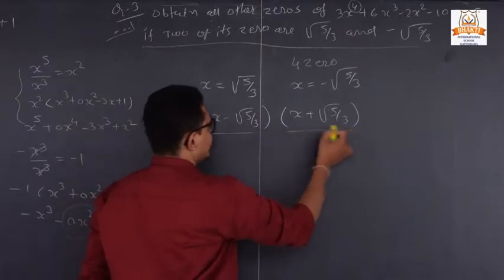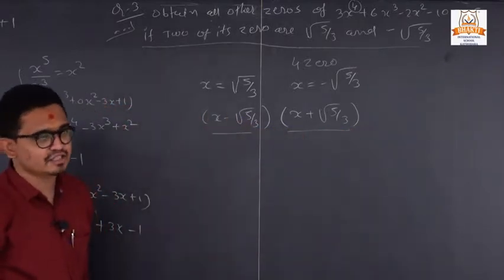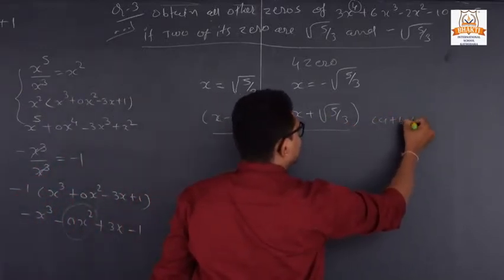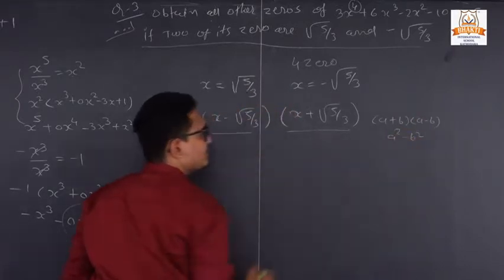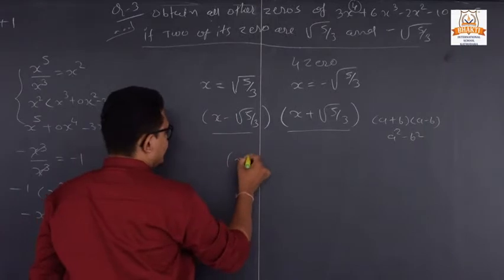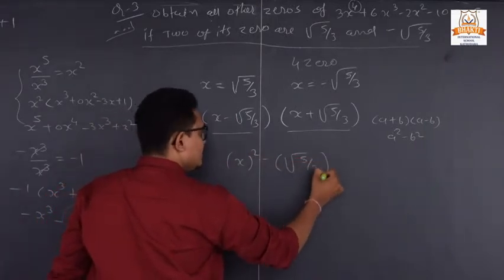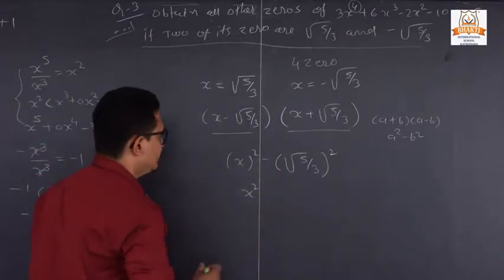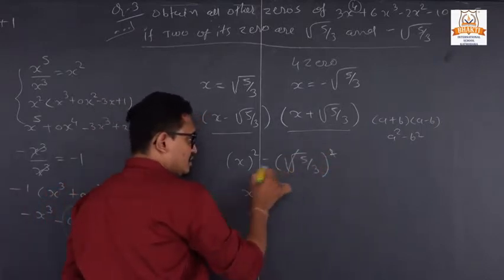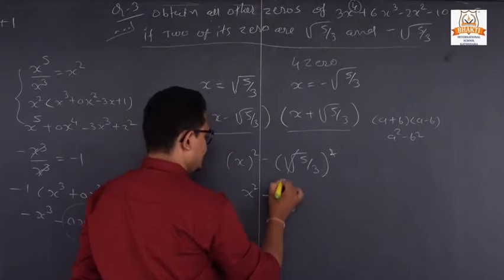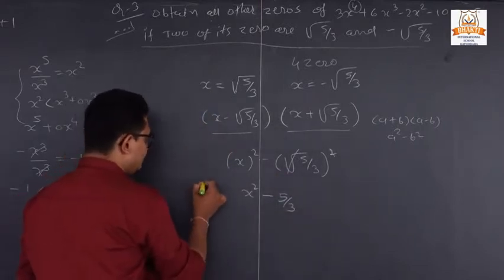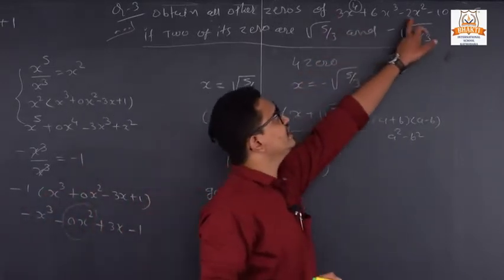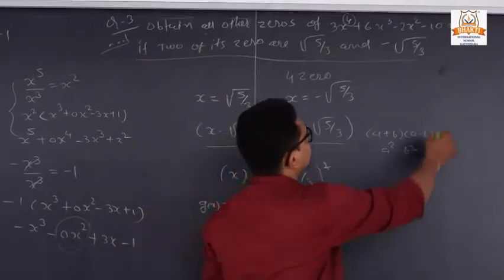Now, first and second: see that here we have one formula. If you see (a minus b)(a plus b), which formula? a² − b². So here x² minus the square, so we get 5/3. This is called our divisor, and the dividend is already given. Now we can start with our division.